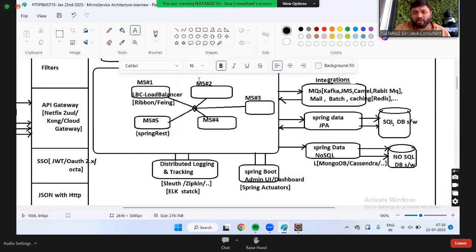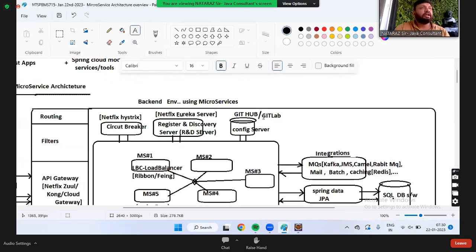So I don't want to hard code the related properties in each microservice because they are common. I want to write one time, that too globally, so that they can be used by all the microservices. And the common place where we can write common properties for all microservices is nothing but,